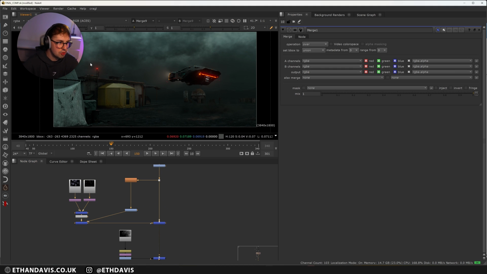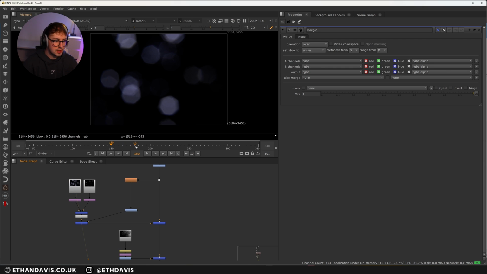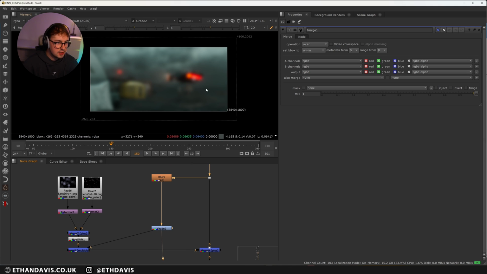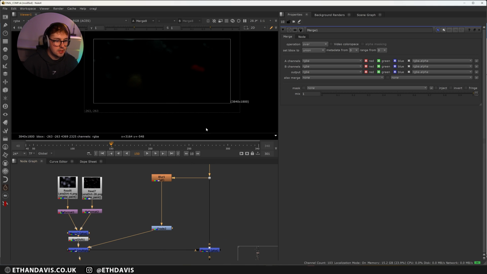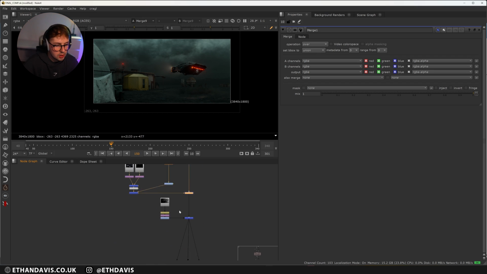I added in some sort of lens effects, which is just these lens PNGs I got from, I can't actually remember where I got them from. If you just search like VFX lens dirt, it will probably come up. And then I multiplied the base image, which is blurred, over my initial like 2 images, and then I plus that on top, and then that just gives me like some sort of lens dirt.